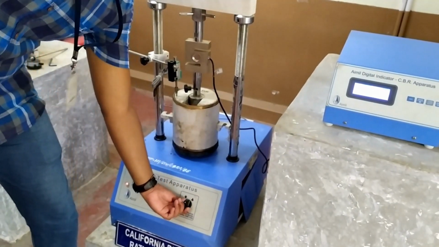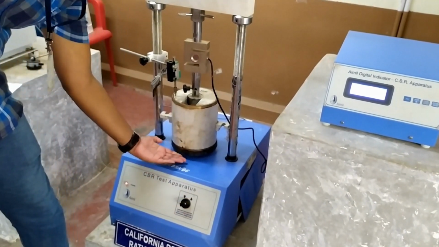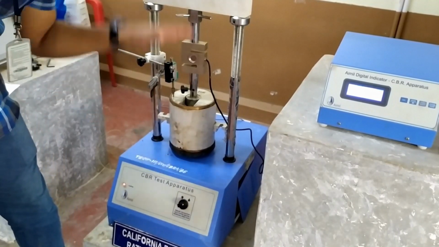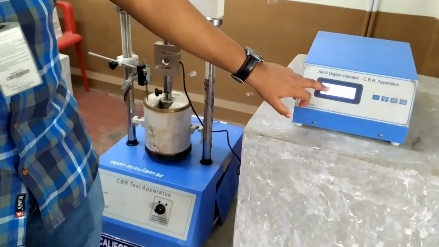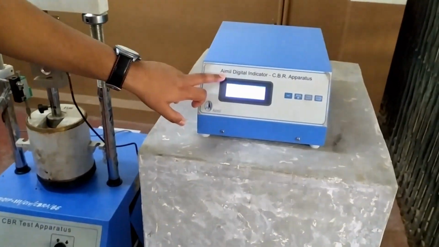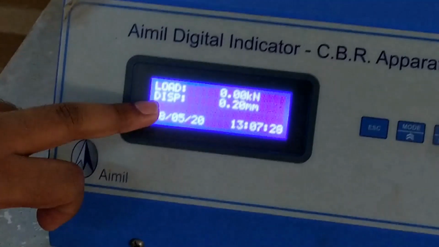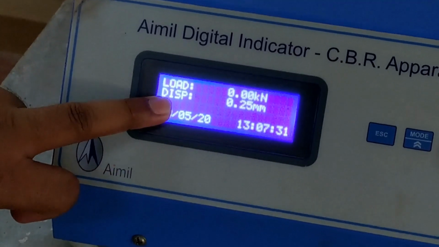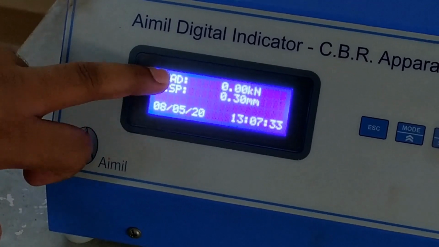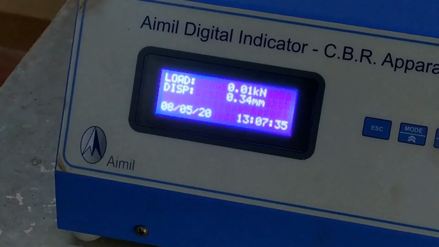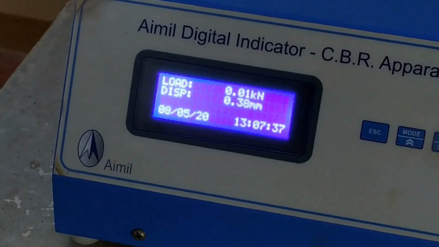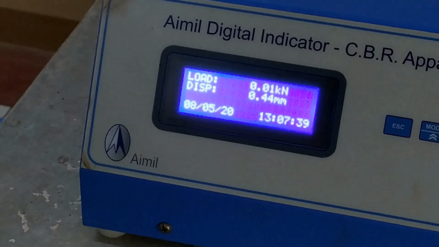Now the instrument is turned on, so the base plate will be raised and the load will be applied. The corresponding displacement and the corresponding loads are observed here. Displacement indicates the penetration which is happening on the soil mass, and the corresponding loads are recorded for every 0.5 millimeter.